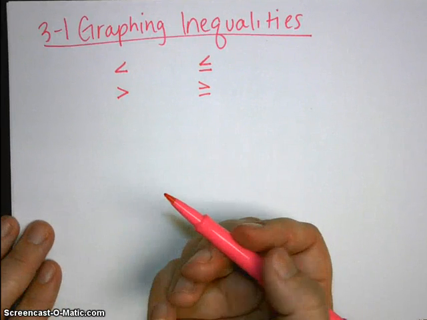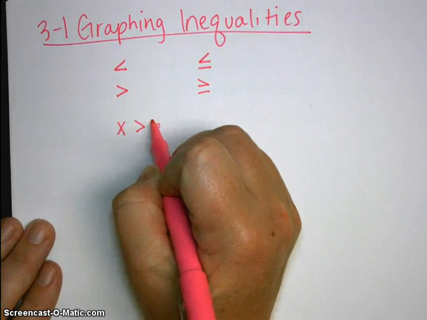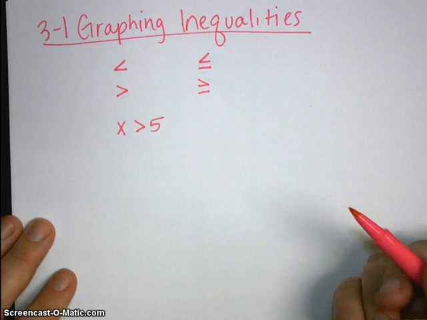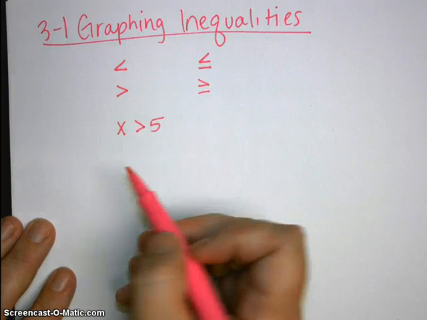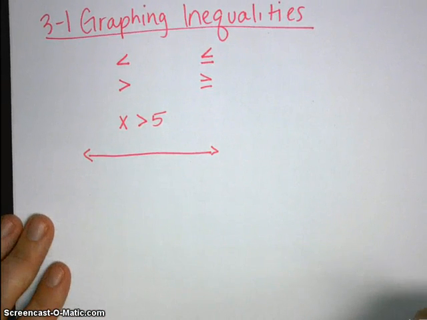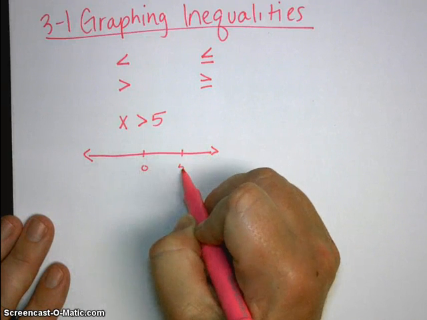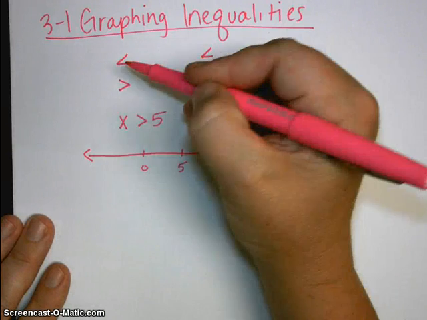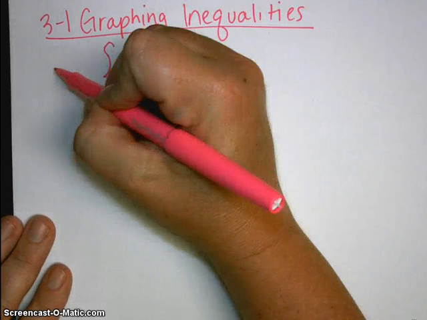So if we talk about graphing, then let's say we have x is greater than 5. That means x can be any number bigger than 5, but cannot be 5 because it must be greater than 5. So we graph our answer on a single horizontal number line. We're going to put 0 and we're going to add a 5 just so that we can see where the line actually is. If the symbol is one of these two symbols, then we use what's called an open dot,